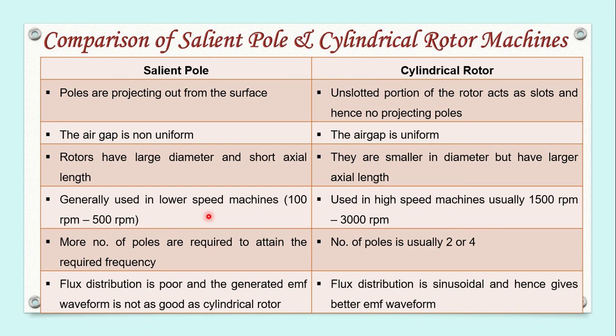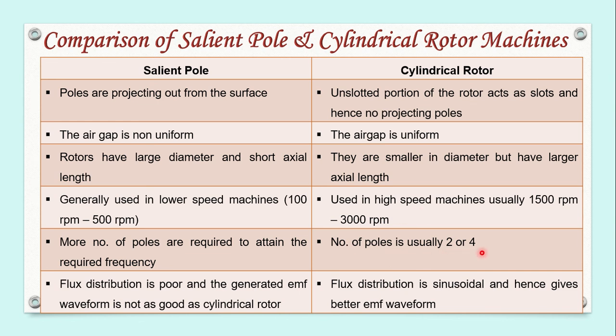So speed is inversely proportional to number of poles. Here speed is less, which means number of poles required will be high. So salient pole machines require more number of poles in order to attain the desired frequency. But in case of cylindrical rotor machines, as they have a high speed, number of poles required is usually